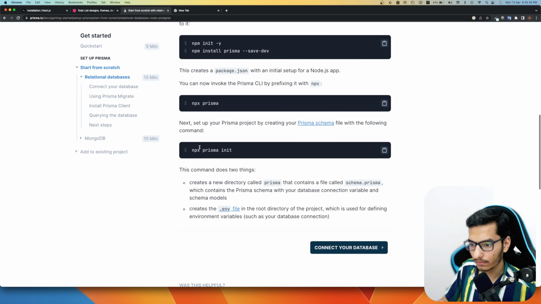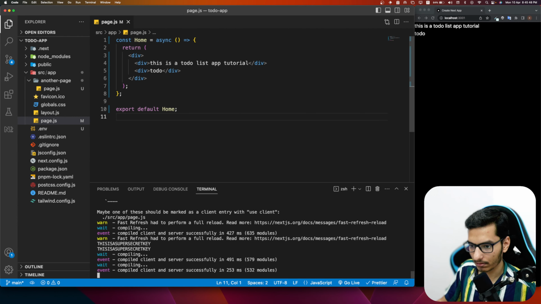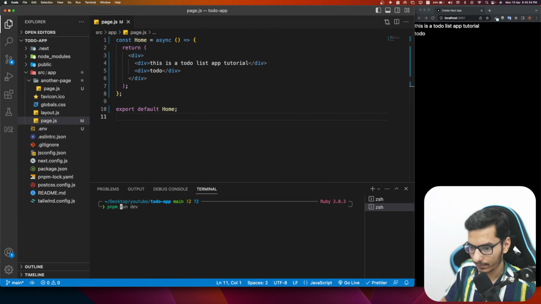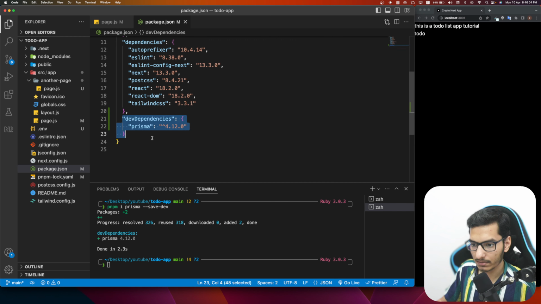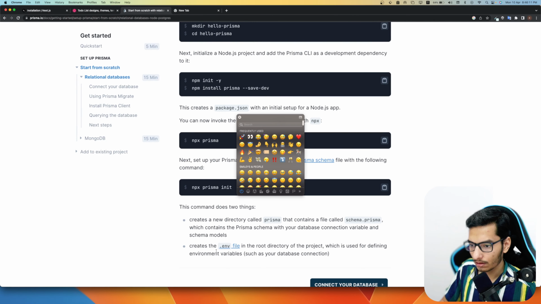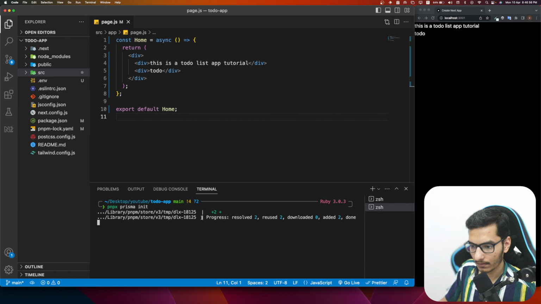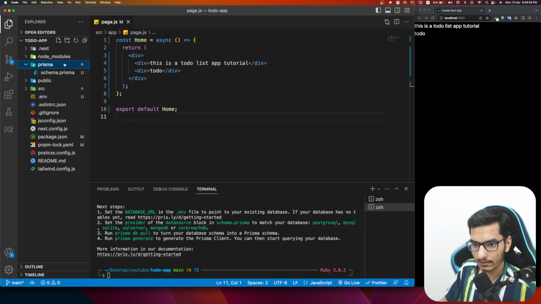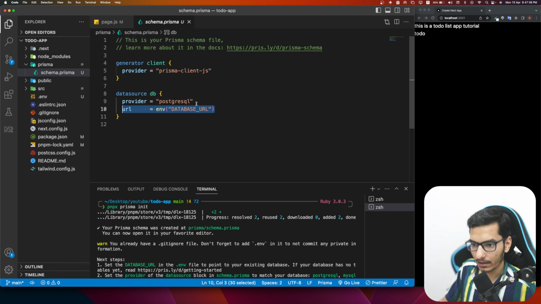So what we need to do is npx prisma init. First we have to install this as a dev dependency in our application. So we will open a new terminal, npm install prisma --save-dev, and now if you go into the package.json, you can see this Prisma dependency is in our dev dependencies. Nice and easy. And now we can initialize it, npx prisma init. Yeah, now it worked. So it has created a Prisma schema for us, you can see,